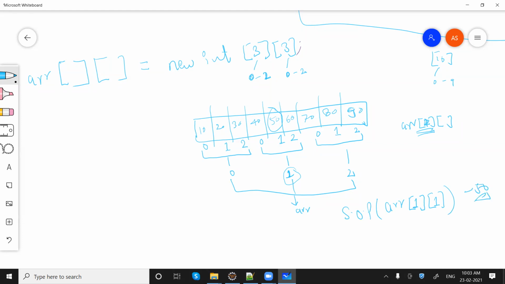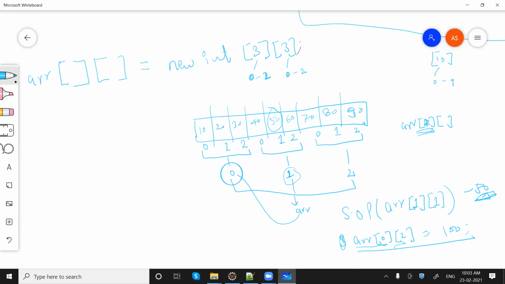Getting my point? Do one thing, arr of 0 to make it 100. So it will go to the 0th index. When we say array 0, that means we are talking about this one.